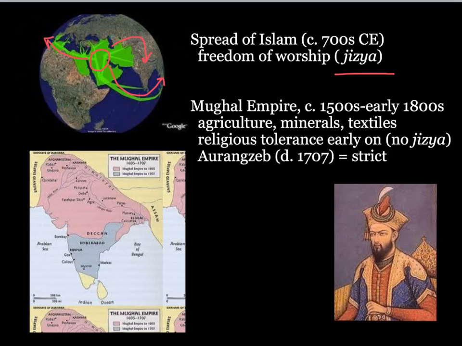Think about the laws and beliefs of Islam and then the laws and beliefs of Hinduism and how these might have come into conflict. For one thing, Hindus were, from the Muslim perspective, polytheistic, and Islam is a monotheistic faith. So they're looking at Hinduism and they're thinking, oh my gosh, these people have been led astray. They worship graven images. They make graven images of their gods. And this was unheard of in Islam.